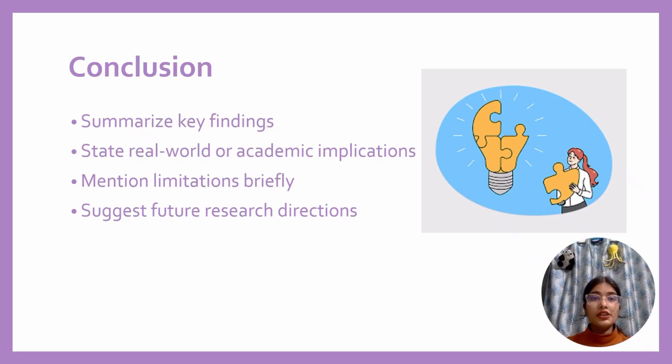Next is the conclusion. It is your wrap up and final message to the reader. Here you bring everything together by summarizing the most important findings of your research in clear and simple language. Then explain the implications, why your study matters. For example, if your dissertation was about online learning, you might conclude that it can be just as effective as classroom teaching when supported with the right resources. You also need to acknowledge limitations. No study is perfect, and it's good academic practice to admit where your work had some constraints, like a small sample size or a